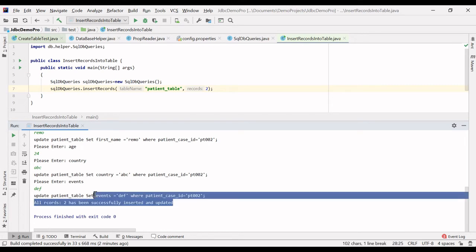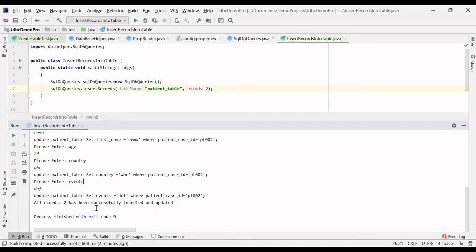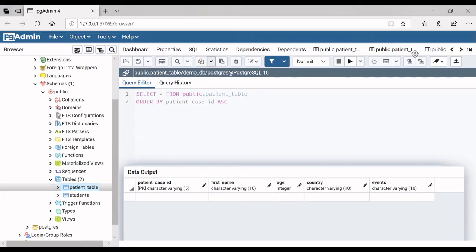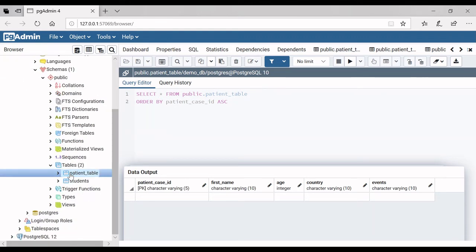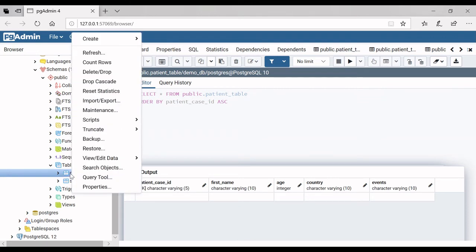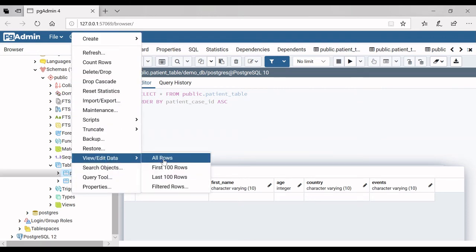So let's check whether it is really updated in our database or not. I opened my PostgreSQL server here, and here is the database DemoDB. Let's run this patient table. Go to View and Edit Data and click on All Rows.